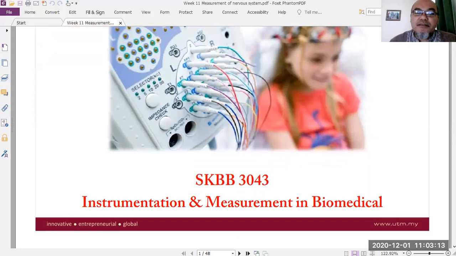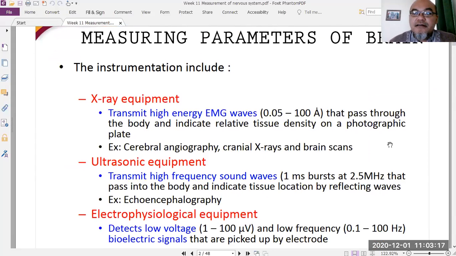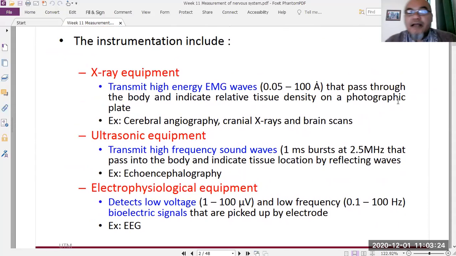Okay, the first measurement is X-ray, using electromagnetic energy with a wavelength between 0.05 angstrom and 100 angstrom. The energy can pass through the body and indicate relative tissue density on a photographic plate. Or now, of course, we use a camera to record the transmitted radiation. This can be used for cerebral angiography, imaging the inside of the head, and cranial X-ray, as well